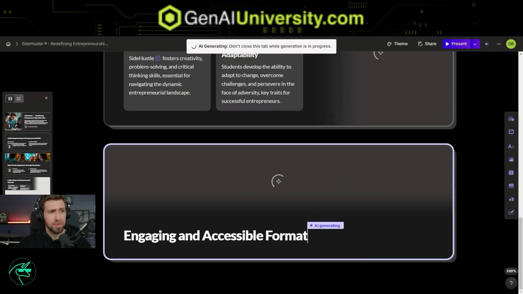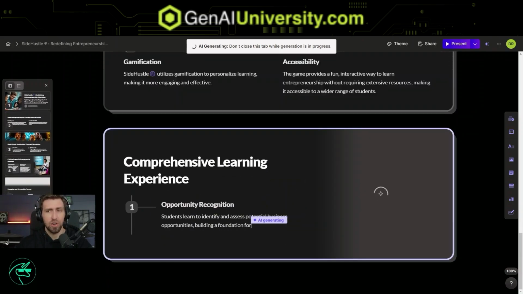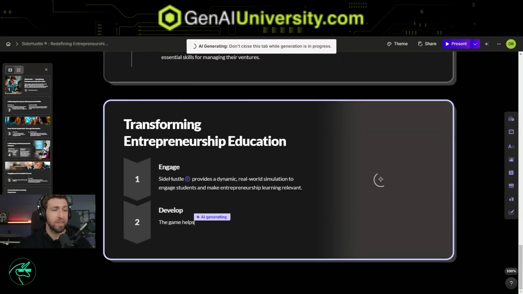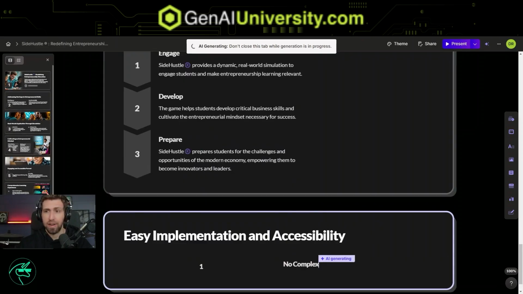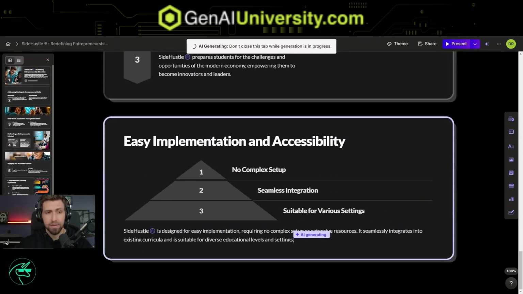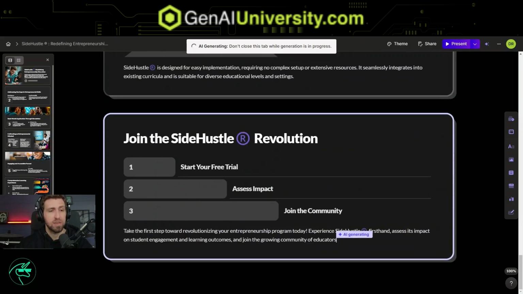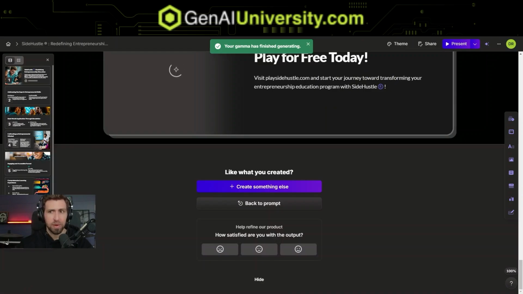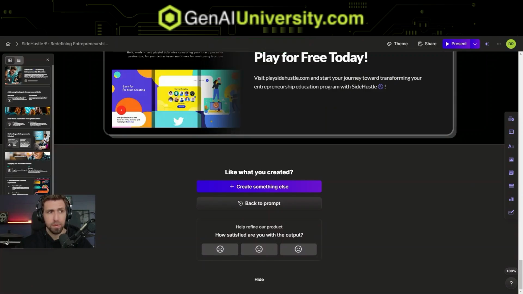Now from generate, it's going to take a minute, and you can see in real time, Gamma is generating an entire presentation for me based on the content that I've given it to give me that first draft that I can edit very quickly, make changes, add links, refine the copy, and update things from here. At this point, I'm going to scroll back to the top.